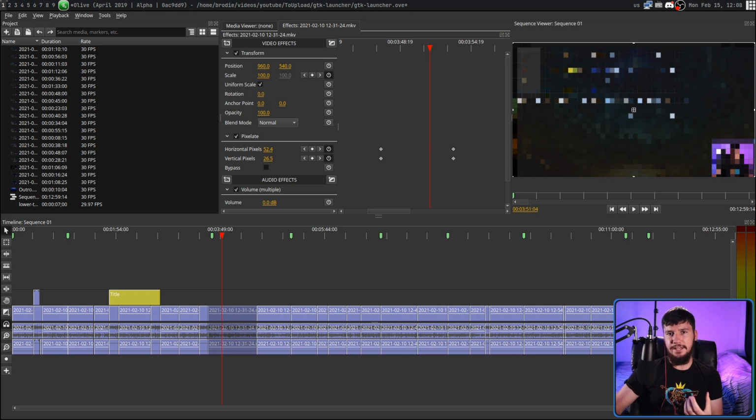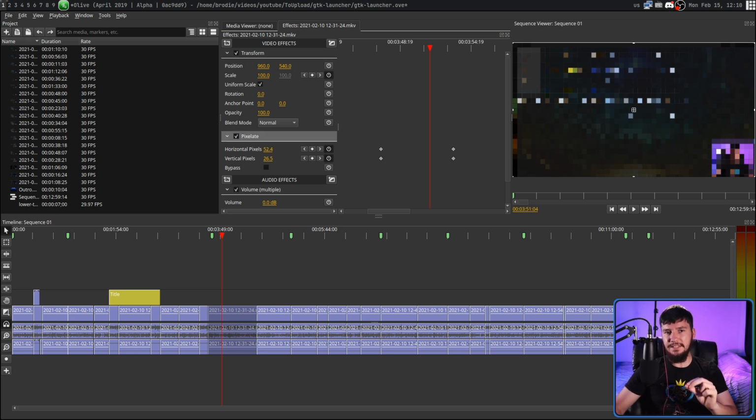Now, I find it genuinely surprising how many effects are actually here, because Olive isn't actually an MLT-based video editor. MLT is the Media Lovin' Toolkit, and it's the basis for most of the video editors on Linux, especially Kdenlive. I think this is part of the reason why Olive doesn't have the same performance difficulties, because MLT has serious problems doing multi-threading, but by not being an MLT-based video editor, you don't get all of that same level of support. So the fact that these effects are here means a lot of work has been done